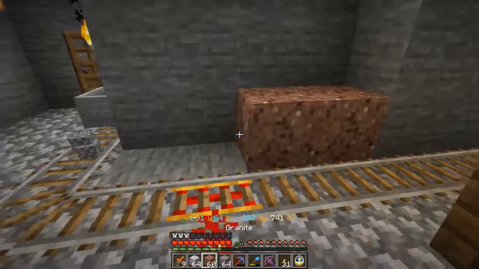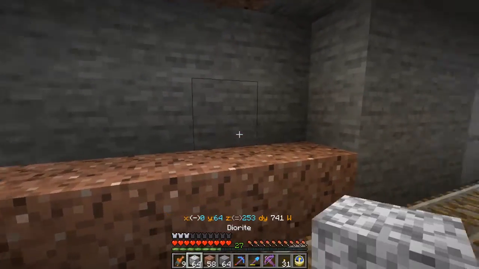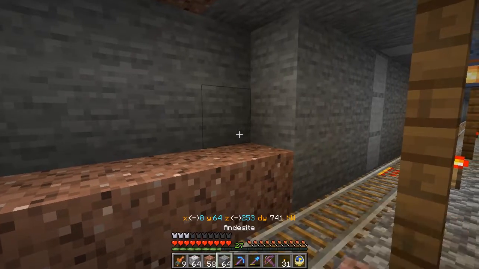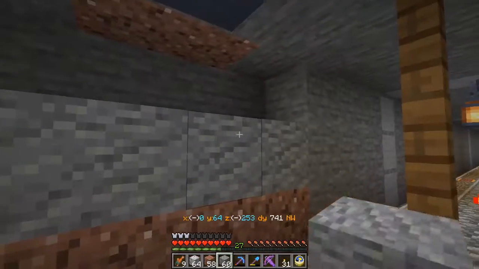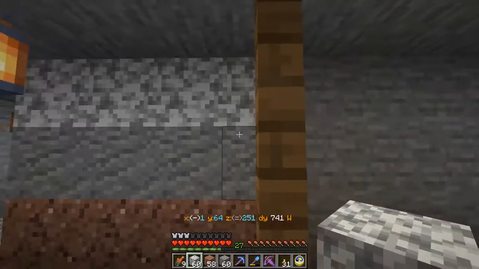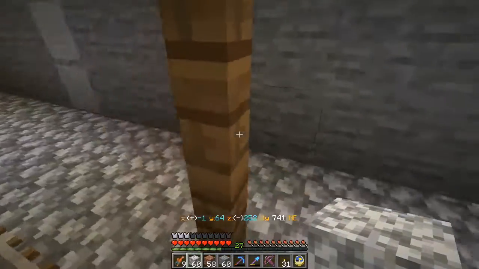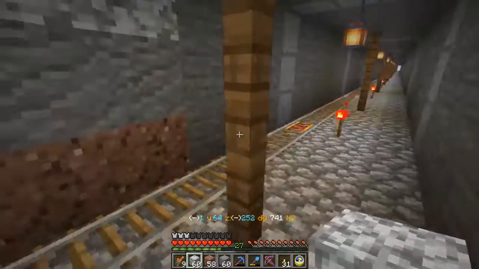So we want red on the bottom. So I'll just use the standard, not the polished one for this particular one. And then white on top. How's that look? Actually, I think that's going to work out. Though,